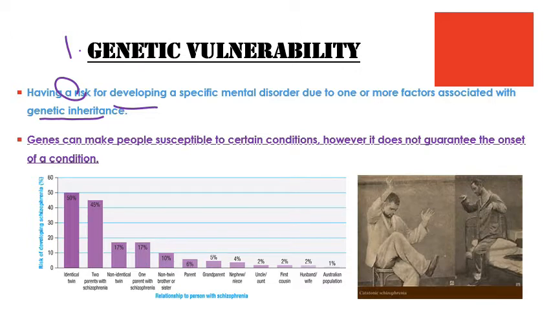Now you looked at this stuff in units 1 and 2. So you might, for example, inherit your eye color from your parents. You might inherit some parts of your intelligence or your athletic ability. Very, very similarly, we can also inherit a predisposition or increased likelihood of developing a mental illness from genes or genetics that we inherit from our parents.